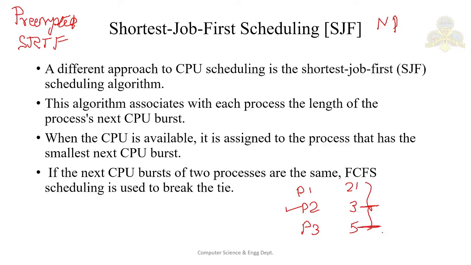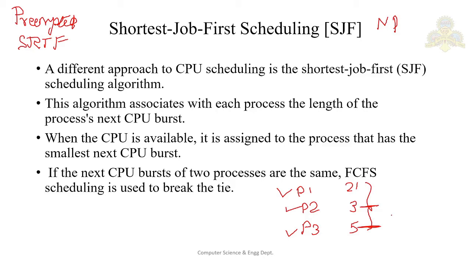So 5 is the smallest. Then the second time, what do you do? You choose P3 and lastly you choose P1. Okay. So in SJF, what you have to keep in mind is to focus on the burst time, and